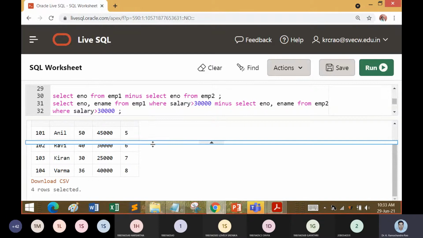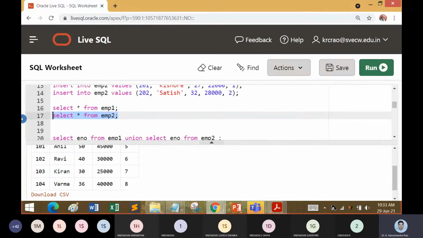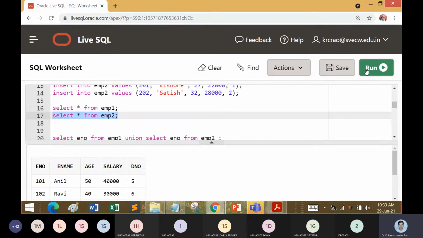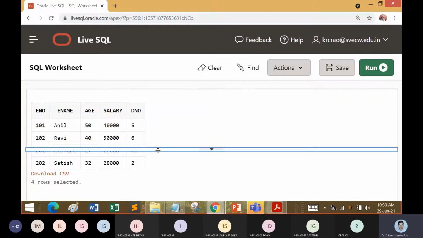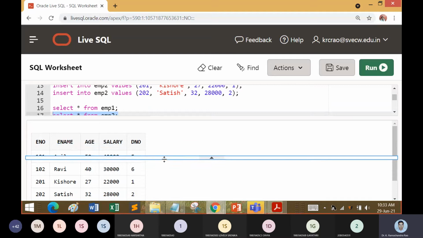Next, what are the records in employee 2? Here again you can see it is 101, 40,000 rupees. Now you are making a union operation for this query.